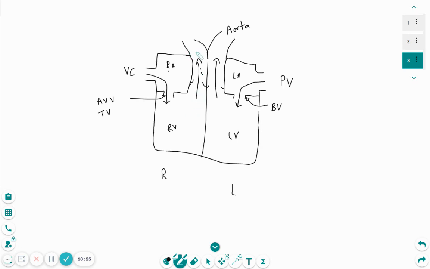And the right hand side is taking blood away from the heart to the lungs. And we call this one the pulmonary artery. Arteries always take blood away from the heart. So yeah, pretty ugly picture, but that helps me to familiarise myself with the different parts of the heart,